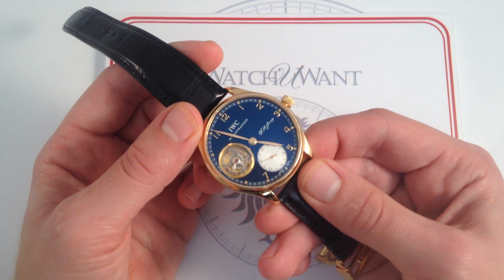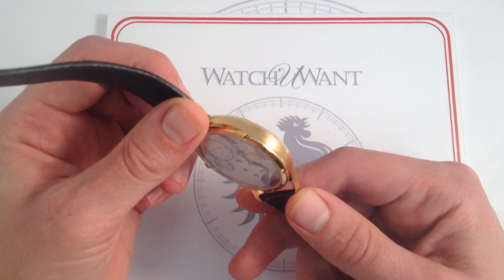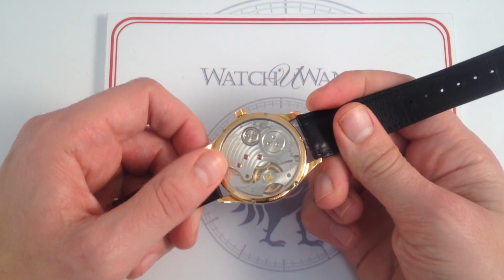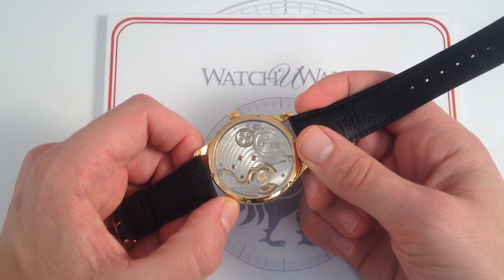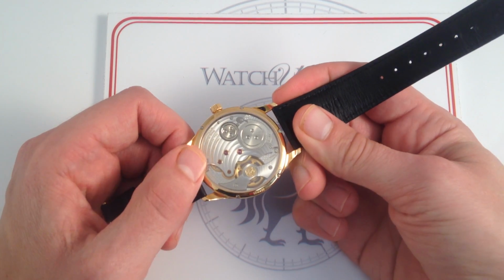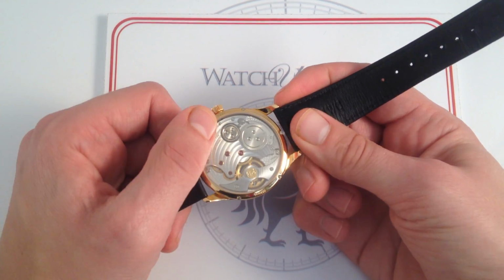And while the dial is a highlight of every Portuguese, and the tourbillon makes it all the more so, the bottom line is IWC is a company that takes pride in its engineering traditions. It is a complete manufacturer that makes cases, clasps, movements, and all of the parts of the movements. And in the case of this caliber 98-900, it's not just an IWC in-house movement and in-house tourbillon, but the